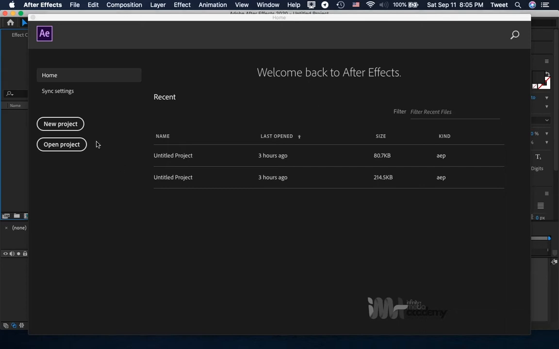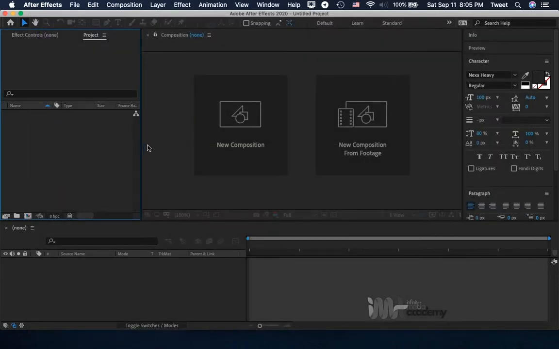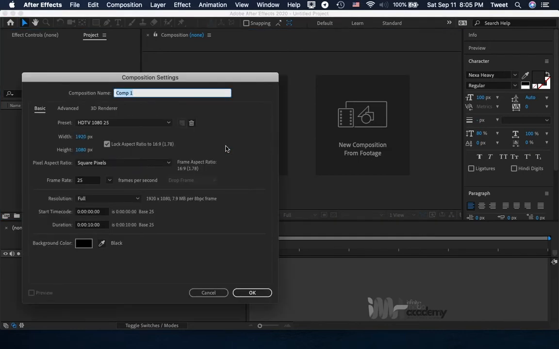So right now, I'm going to create a new project by clicking on this button right here. And the next thing I want to do is to create a new composition by clicking on new composition. All right, so I'm going to give this composition a name. So what we want to do is we want to create a mask, and at the same time we want to create a track matte. So I'm going to give it mask,